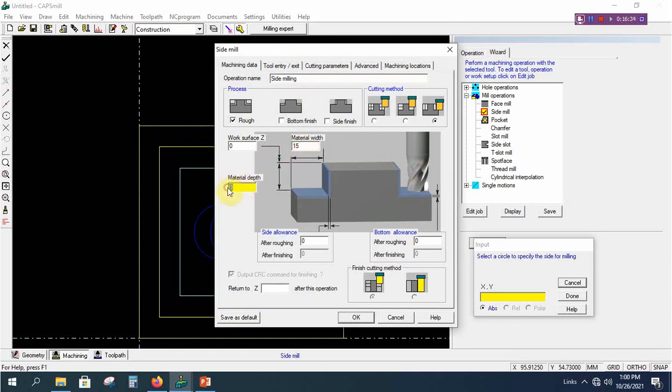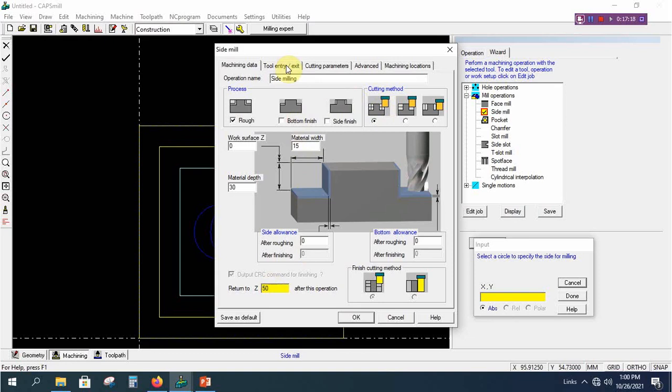Material depth, how much is it? 30 mm depth, first side milling depth. Better to select this option, so that the cutter will be engaging both the direction towards the workpiece and it is going down. Okay, in this second diagram, totally contacted with the workpiece, simply it is coming down only. The last one is fully down and it is coming towards the workpiece, center point. Okay, so which one is better? This one is better. Slowly, gradually it is coming down, approaching the workpiece, and safety height will be 50.